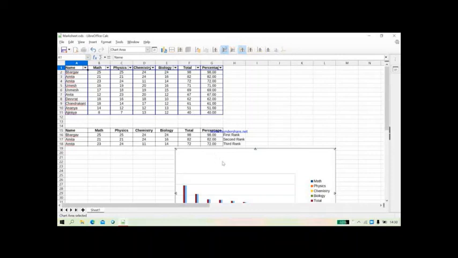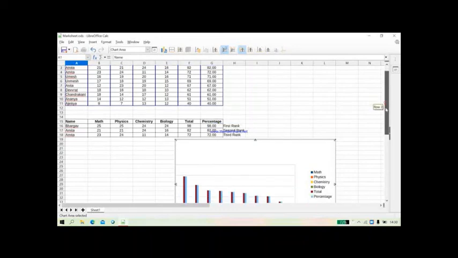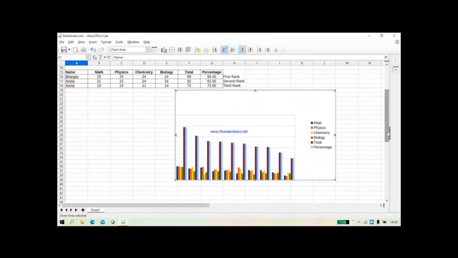And then based on all the data which we have inserted, you will just go to the insert button and select the chart option and enter the chart. So this is the chart which you have entered, and then click on the save button. So this is your assignment SOP number 2.